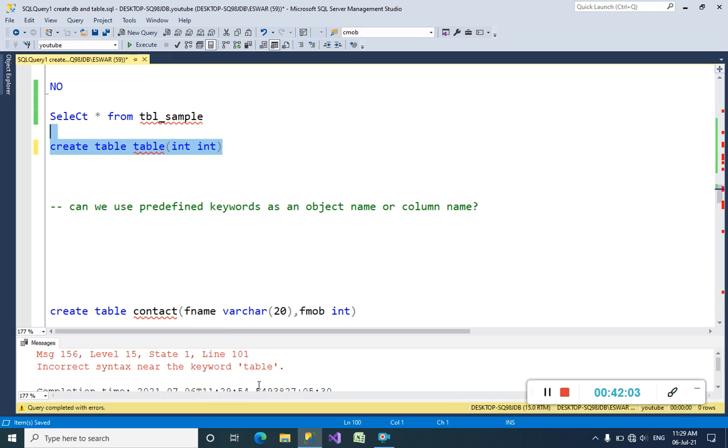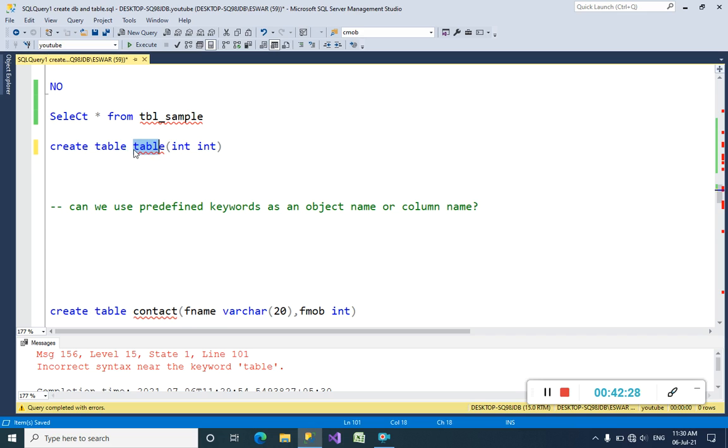Incorrect syntax near the keyword table. If you tell SQL Server create table, the create command is going to create any database or database object. We need to declare which object we want, the table.